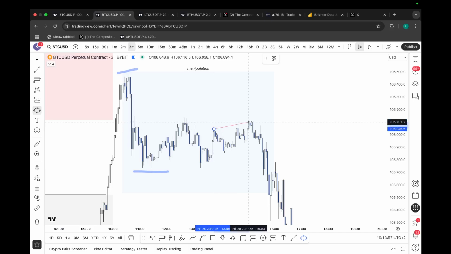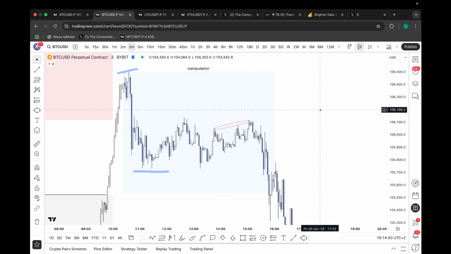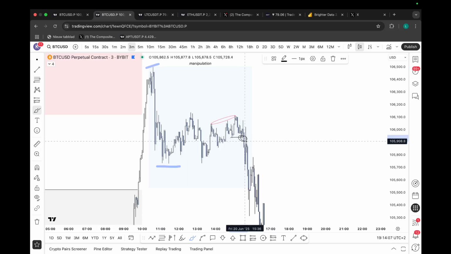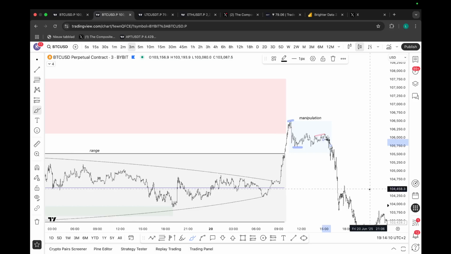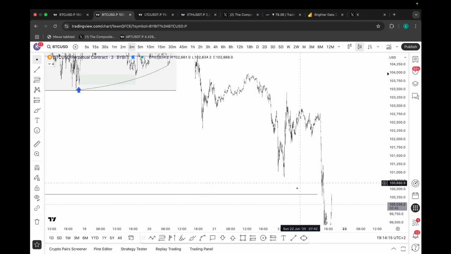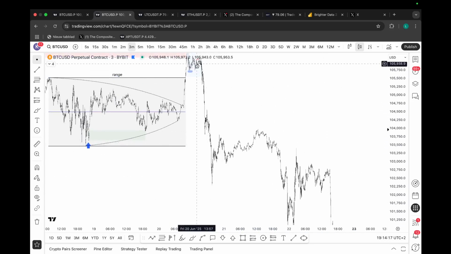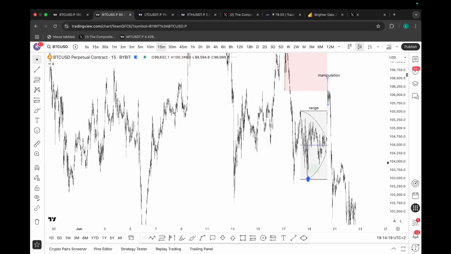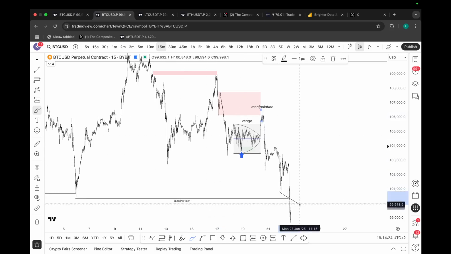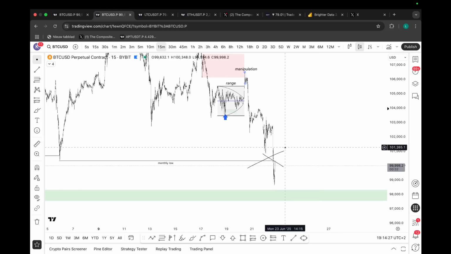This was your internal distribution model in confluence with your New York. So we got that internal distribution model, you got that bearish breakout structure, New York opened and was pushing price down. So we were expecting an overall rotation back down towards this low, and I was expecting price to come towards that main low the moment you started losing this low. So it's kind of like a snowball effect where I was expecting a bearish PO3, but I was like, okay, if we're going to get a bearish PO3, there's a high chance we're going to come down all the way to the monthly low. And if we reach the monthly low, we're going to probably come down towards that high time frame key demand at around 98K.